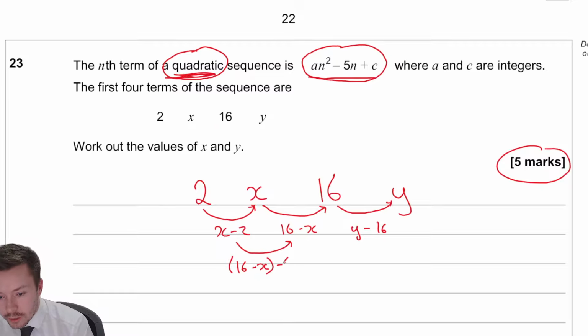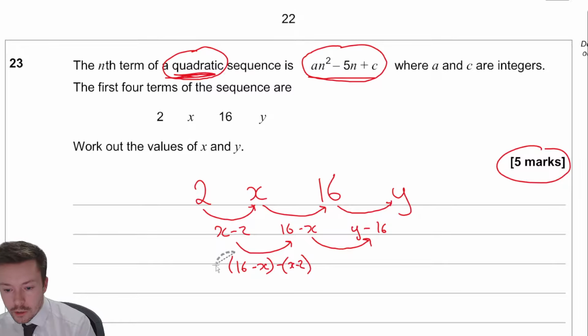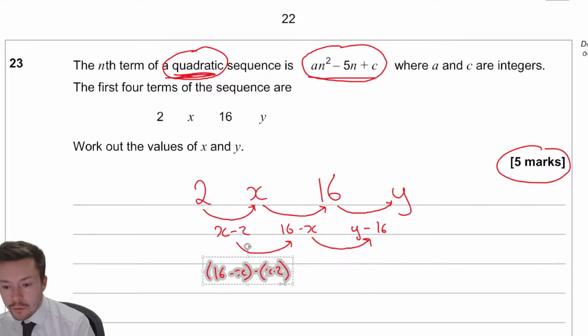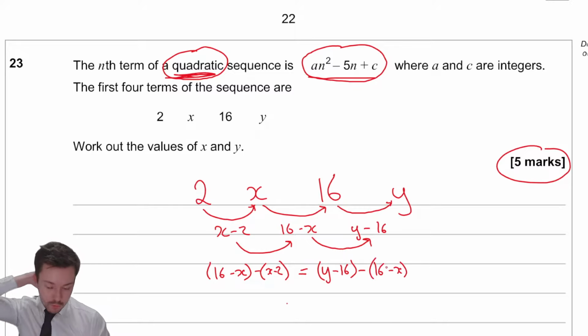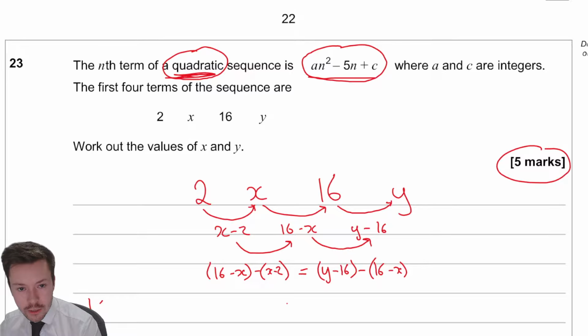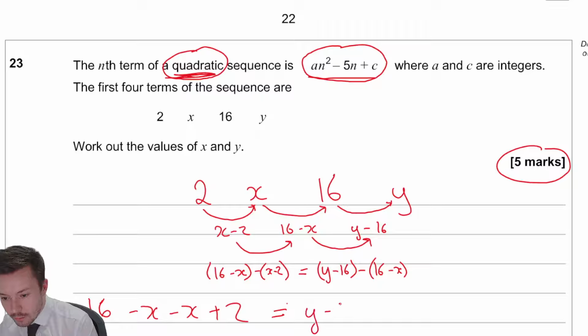That would have to be the same as this difference here. And actually, what I'm going to do is move this down a little bit so we've got some space. So let's put that over there. That has to be equal to y minus 16 minus 16 minus x. Okay. Right, so we've got that, and those two things have to be equal to each other. So let's do that first of all and rearrange that to make something a little bit neater. So on the left-hand side, we're going to get 16, actually, yeah, we'll leave it like that. 16 minus x, and then plus 2 is equal to y minus 16